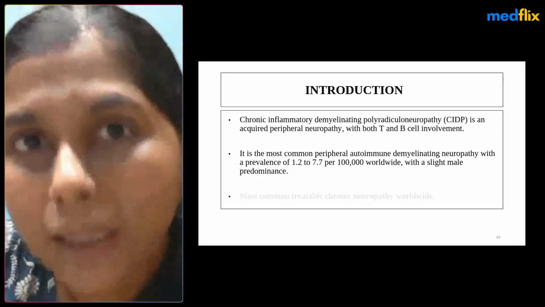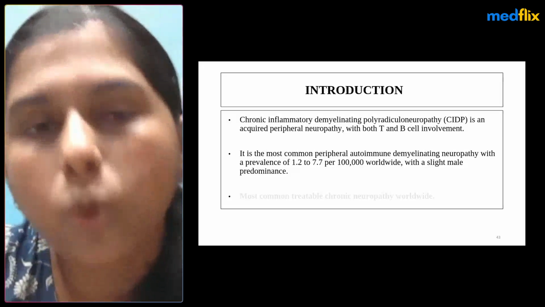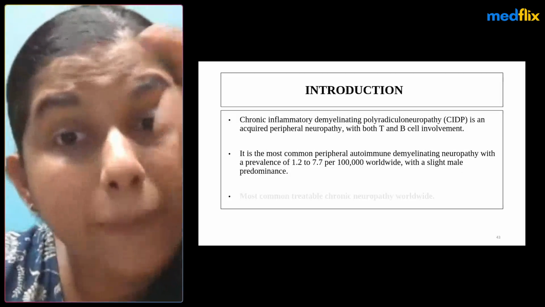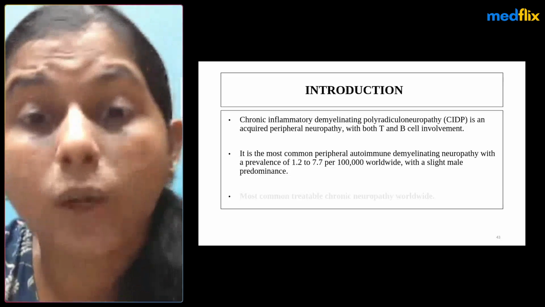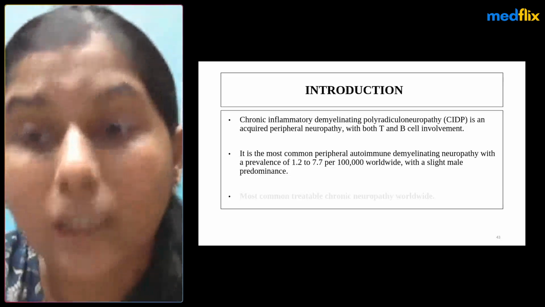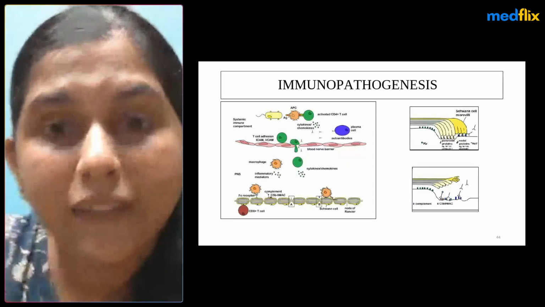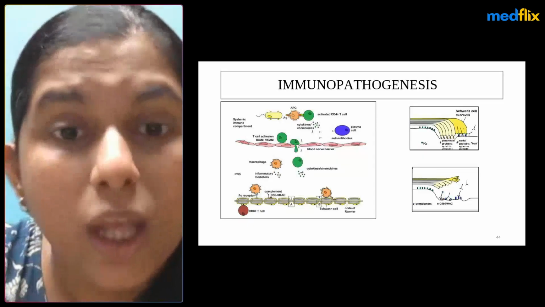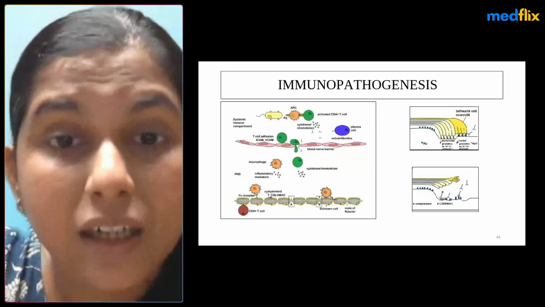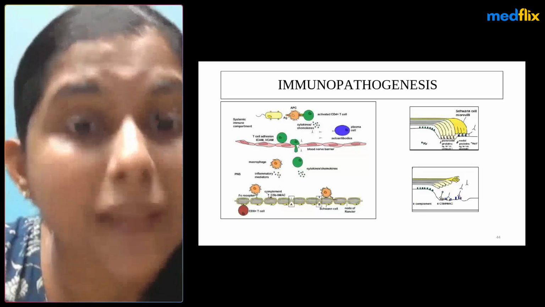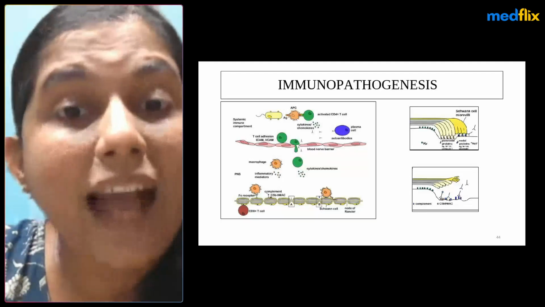Now, coming to CIDP per se. CIDP is an acquired peripheral neuropathy. There is both B and T cell involvement. It is one of the most common peripheral autoimmune demyelinating neuropathies. And what happens is, here we have an illustration of what I was telling you before. Here we have the blood nerve barrier, and here we have the systemic immune compartment, and we have some